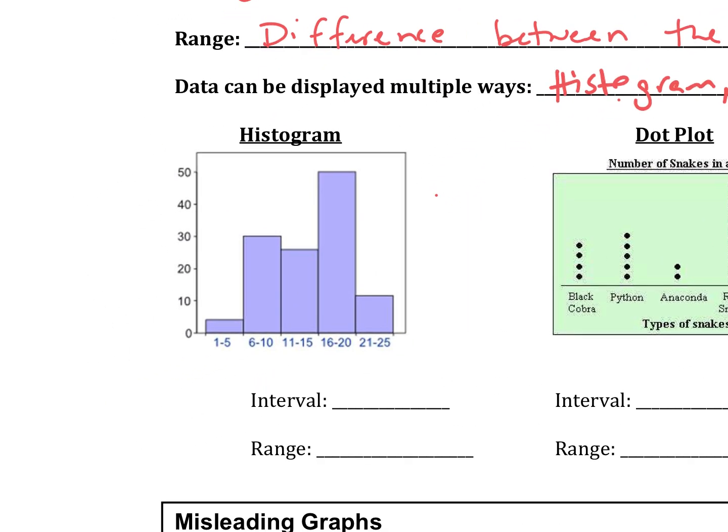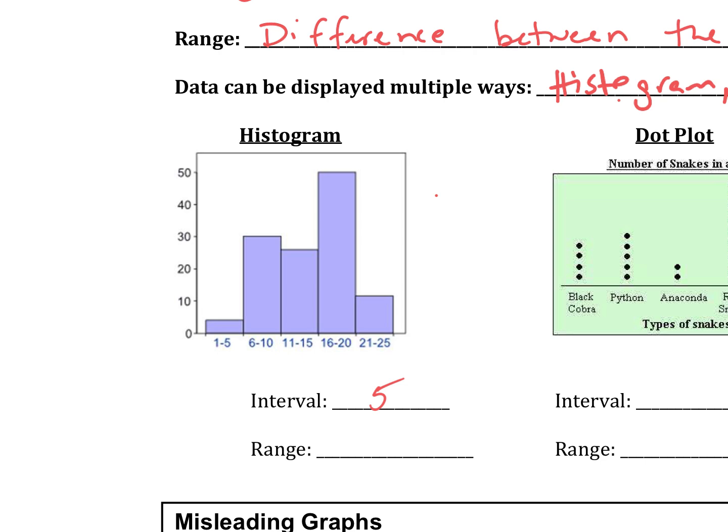We have a histogram. So just a general description of a histogram. It kind of looks like a bar graph. The thing about a histogram is that it's working with intervals. So when we draw histograms, our bars should be touching because the intervals are continuous, so they never stop. Histograms are used with numerical data, whereas bar graphs typically are used with qualitative data. In this specific histogram, we're looking at intervals of 5. So our first bar goes 1 to 5, our second bar goes 6 to 10, our third bar 11 to 15,